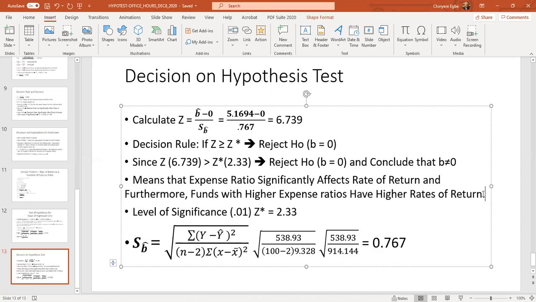So between now and the 18th, you should practice on test of hypothesis, okay? Whether it is test of hypothesis for a single variable, whether it is test of hypothesis for two population means, or test of hypothesis for correlation, or test of hypothesis for regression. So all of that you should really practice. You can go and look at the videos we did in previous sessions and really practice on how to do a test of hypothesis. A good deal of your exam will be on test of hypothesis, okay?